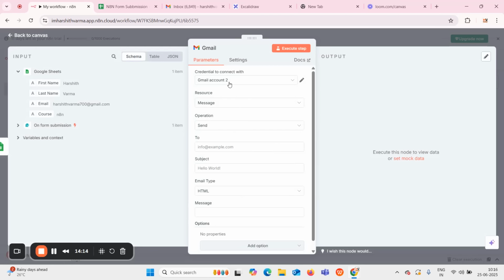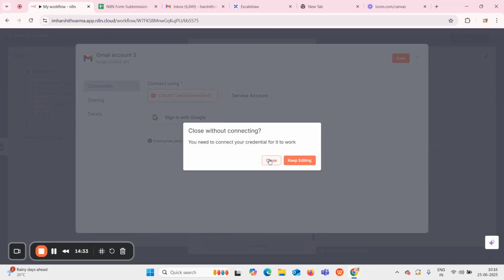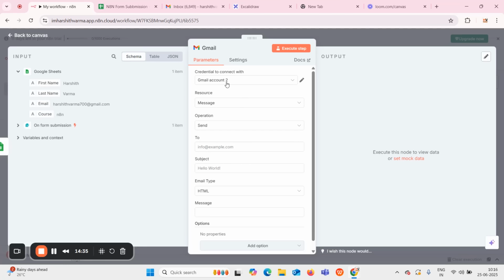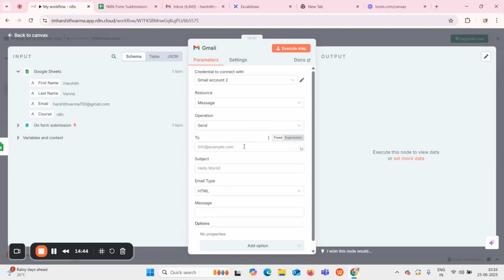After selecting Gmail, similarly to how you got previously, you get the credentials and all. Like in the previous step also, you can go to create a new credential and log in with your email. I have already done that. So I'm using my Gmail account as credential, resource is message, operation is send. That means we're going to send that particular message